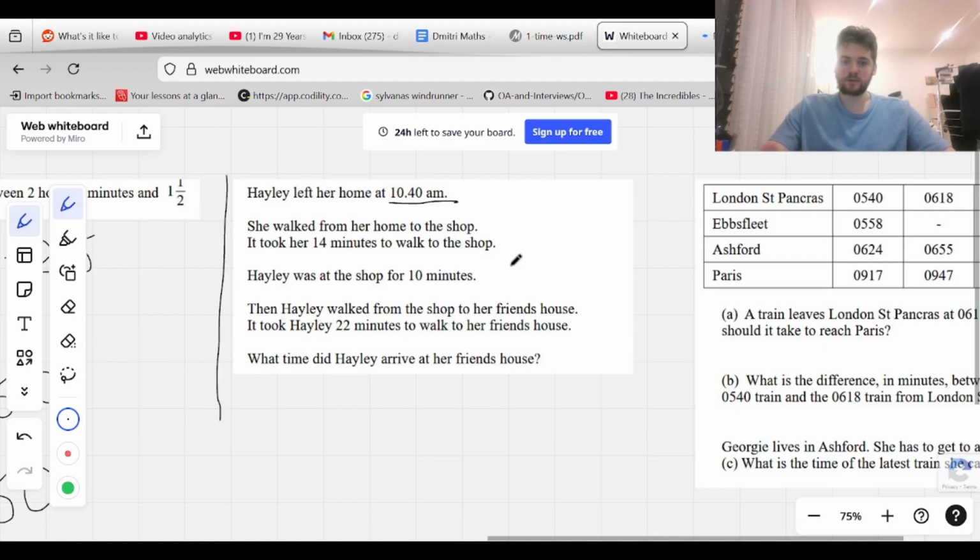Now, does it matter to us in answering the question whether she goes from her home to the shops or to the movies? It doesn't. So we ignore this information. But it takes her 40 minutes to walk to the shop. Now the 40 minutes is relevant. Why? Because we need to find out what time she arrives